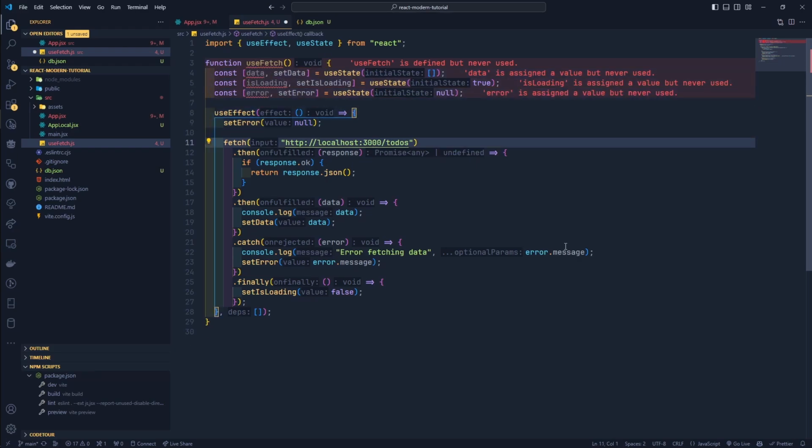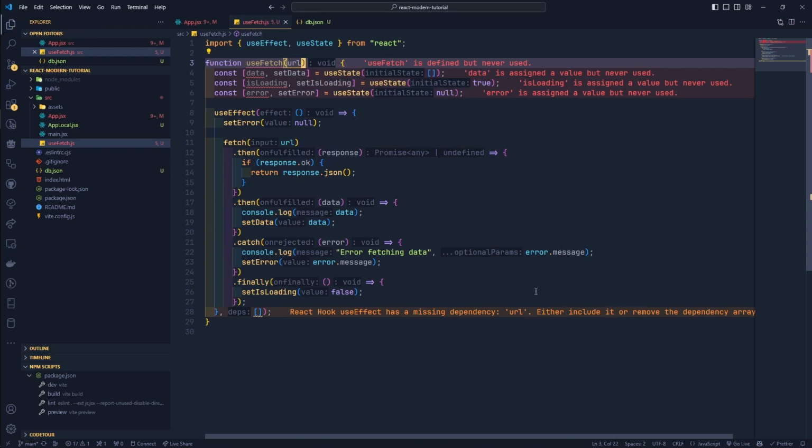And one more thing, the URL should be dynamic since we're going to use this hook in multiple places. So a lot of the time we're going to be interacting with different resources. So it's not always going to be to-dos. So it's best to have this as a variable. So we're going to call this URL. And we're actually going to pass it as a parameter to our function,